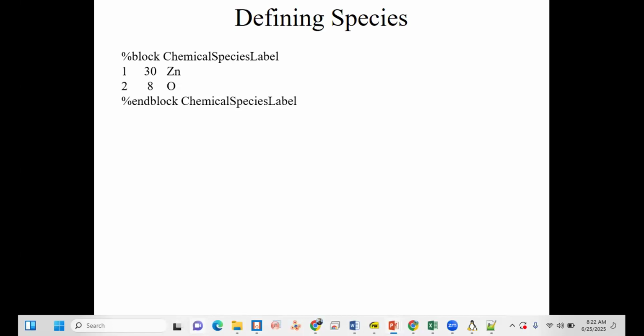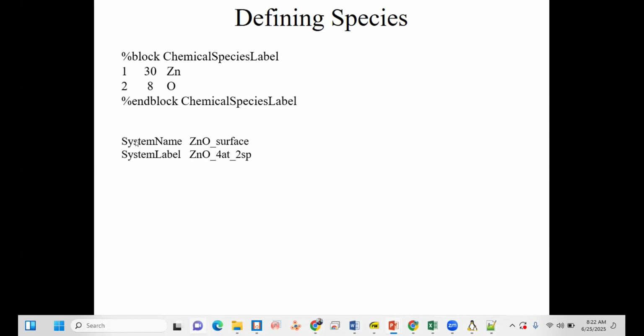Keep in mind that this zinc name must be similar to the PSF file name of zinc. If you downloaded a PSF file for zinc and it is named like zinc underscore something, then you must write it here as zinc underscore something. Otherwise, it will create an error for you.